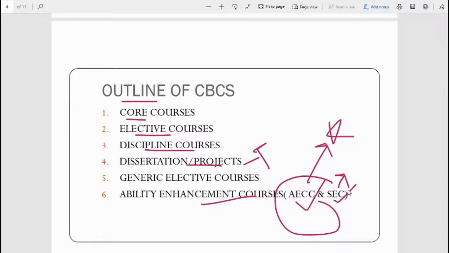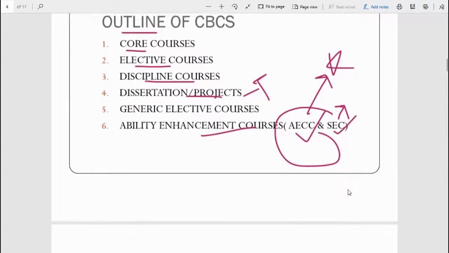So these are the dynamics of CBCS, that apart from being so indulged in textbooks, you have other options to explore as well. I will be discussing the innovations in my next video, and it is very important. Next we have